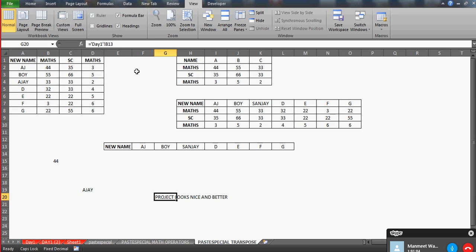So the point I'm trying to make is, this linking is also called a formula, because you're linking something, so it always starts with equals to, right? There is a formula called sum in Excel. Let me tell you this. If you want to sum,